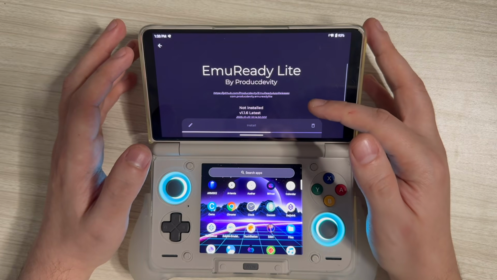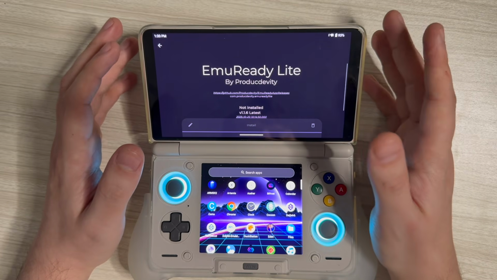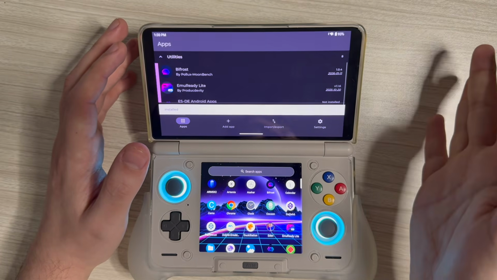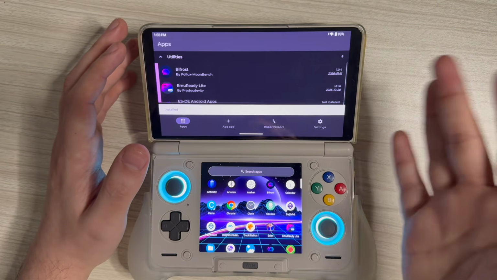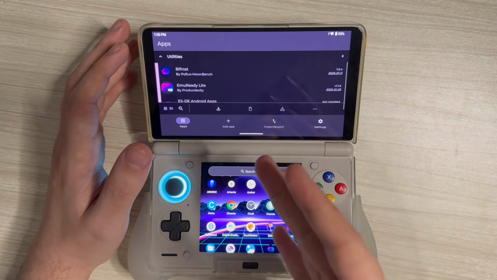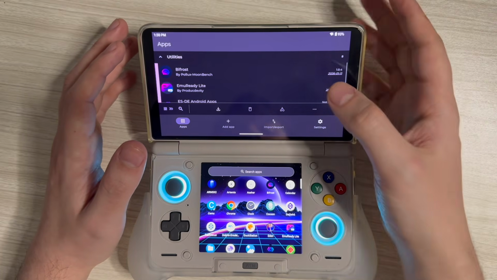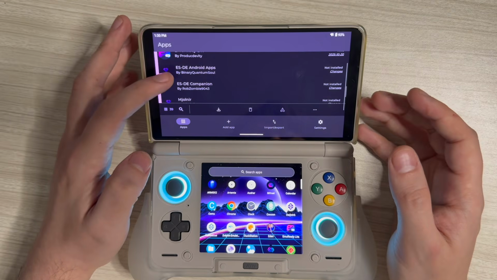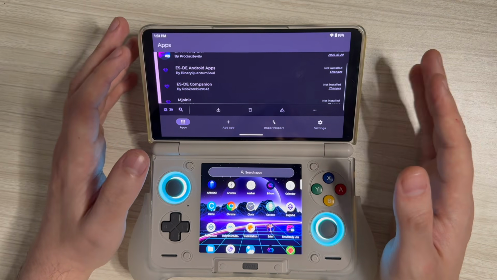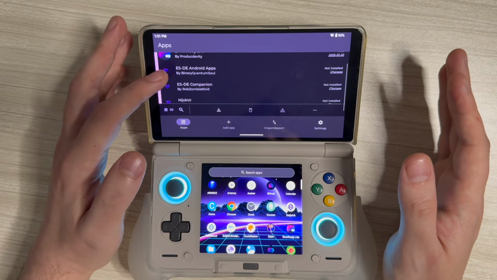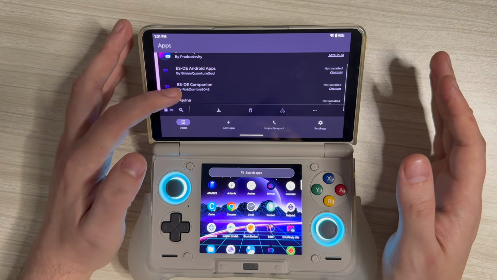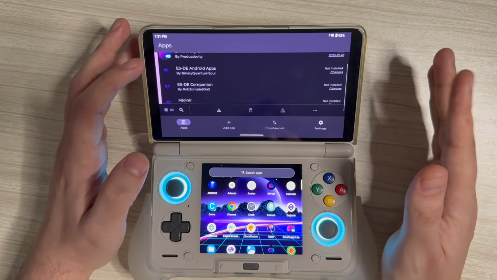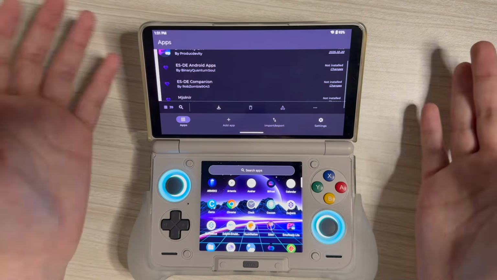and Game Native. This is basically an app which points to a website where people post their findings on their experiences with certain games, on certain apps, what settings they used. So always handy to have that. The ESD Android apps and ESD companion apps I'll cover in the ESDE video. I haven't actually used the companion app yet. The Android apps just allows you to install it within the same emulation station, so you've got a bit of